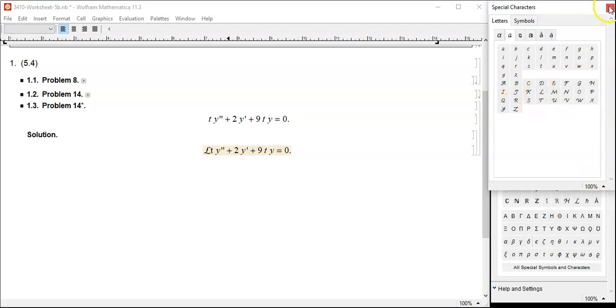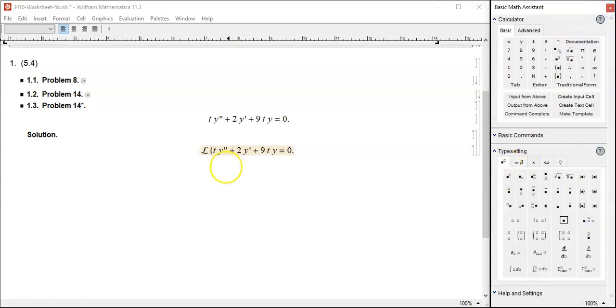This fancy script L is here. Okay, here we go. And then let's work out